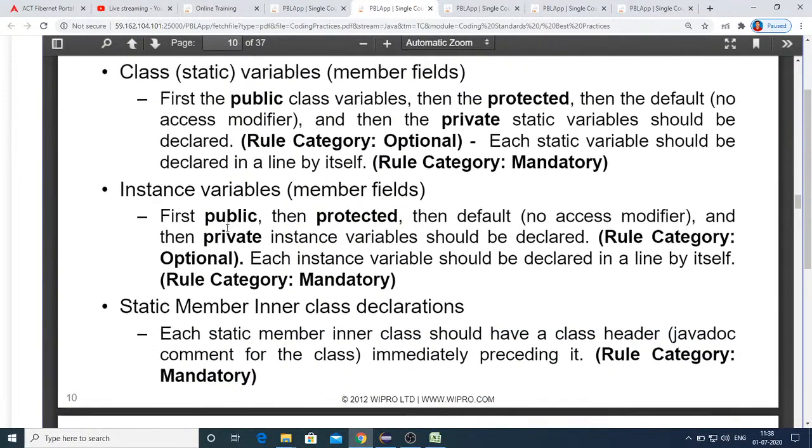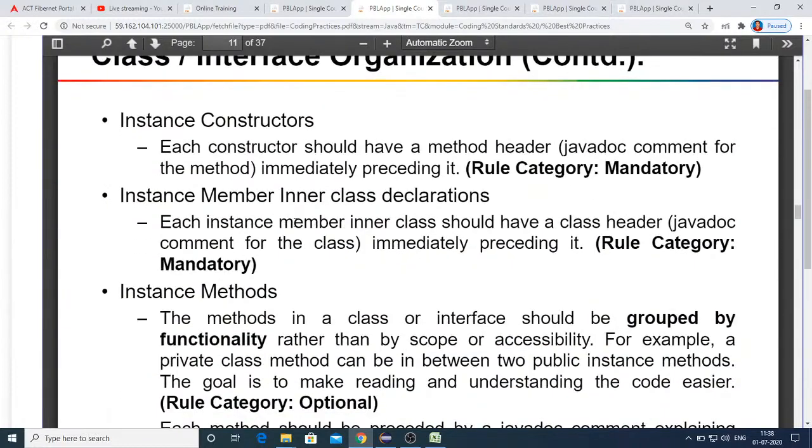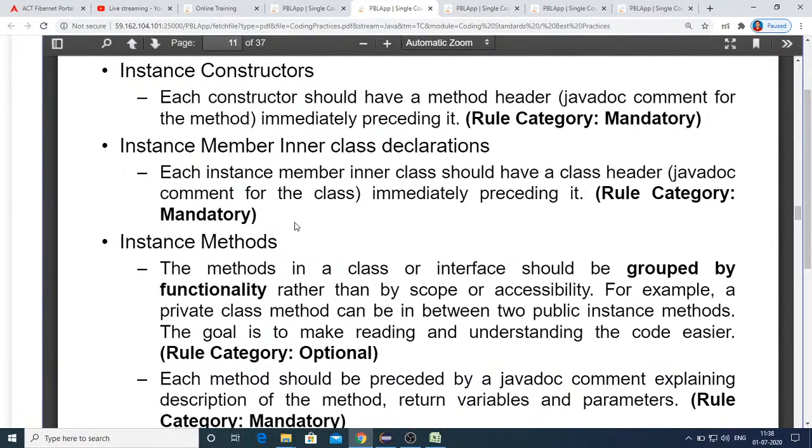Similarly, instance variables, static variables, all these things, you can just see this. And next, constructors. Obviously, you know that by default, after completing the instance variable declarations, you go for constructor declarations. And then after that, you will have inner classes, if you have any. Immediately after constructors, you have to create inner classes.